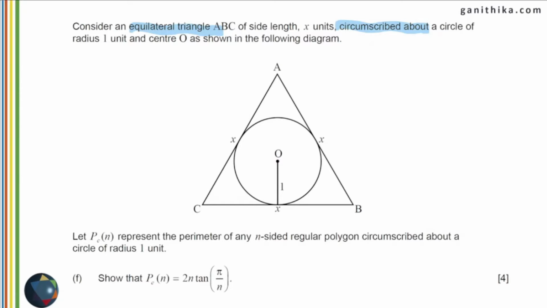And you are supposed to find the perimeter for the n-sided regular polygon directly, and you are not asked to find anything for n equal to 3, n equal to 4 or n equal to 6 as in the inscribed case. So here this diagram of an equilateral triangle is given for you as a guidance towards finding out how to get the expression for the n-sided regular polygon. So let's start with the triangle here.